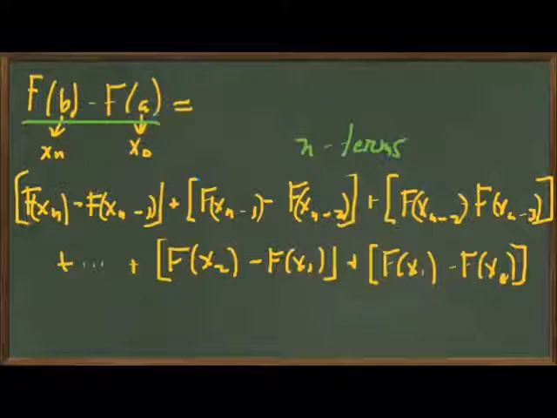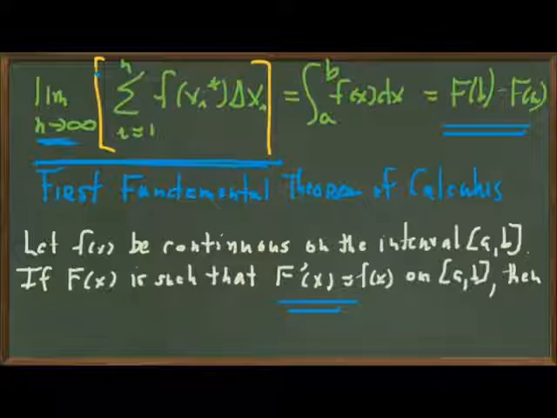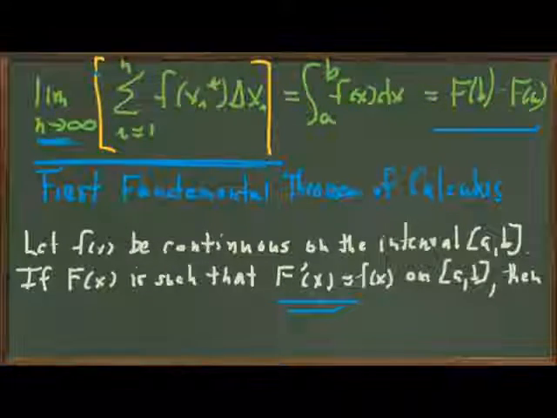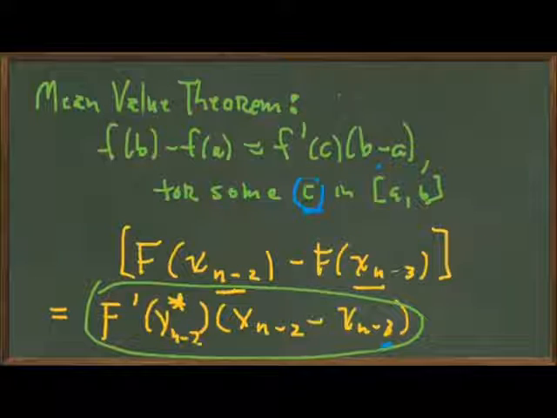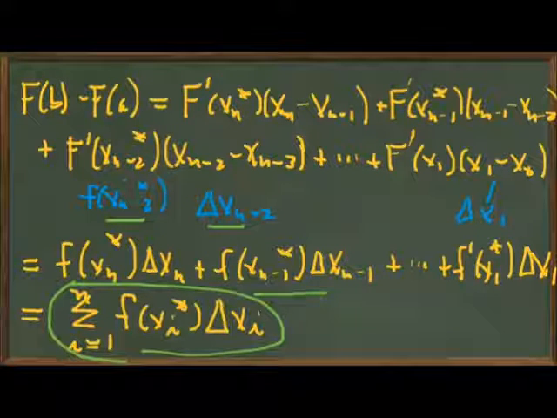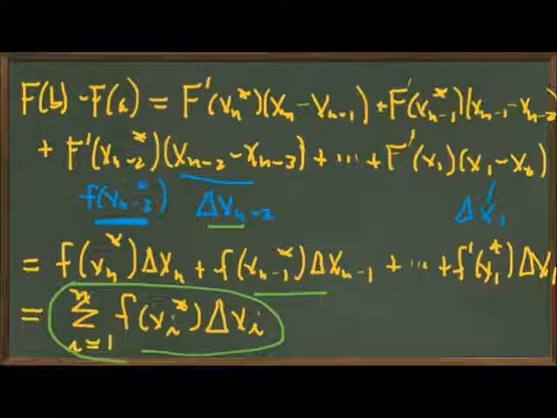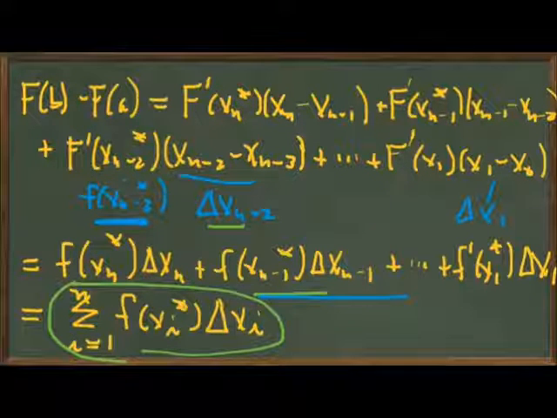We took our sum, capital F of b minus capital F of a, this expression here on our right-hand side, and we divided it up into n terms. We used the mean value theorem to represent our n terms differently. We used that notation, which changed our capital F to a little f, capital F prime to a little f. We rewrote all these terms as delta x's. That got our capital F of b minus capital F of a to this set of n terms added together,